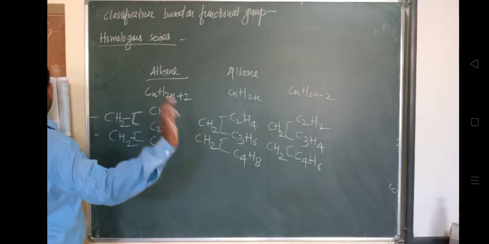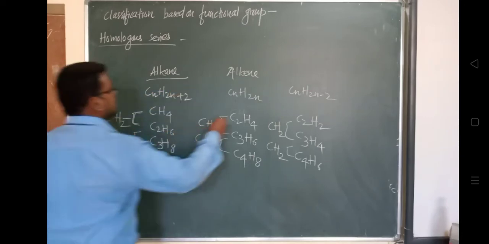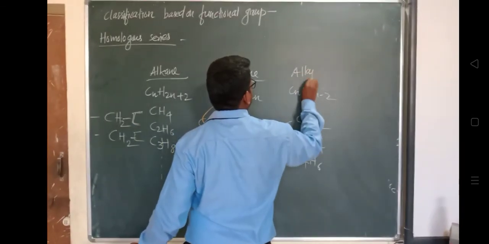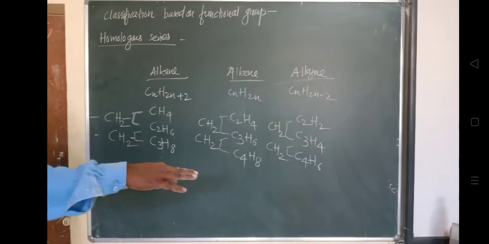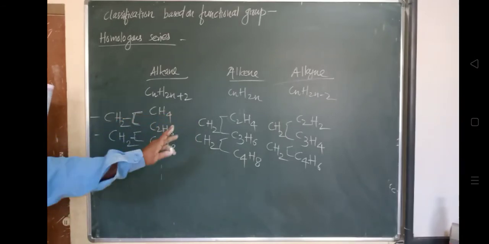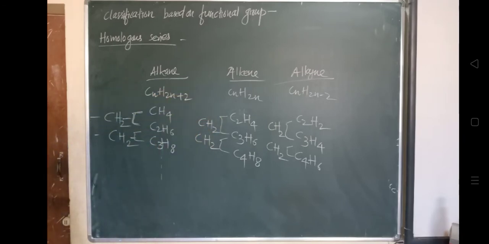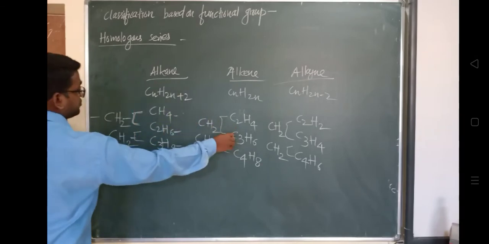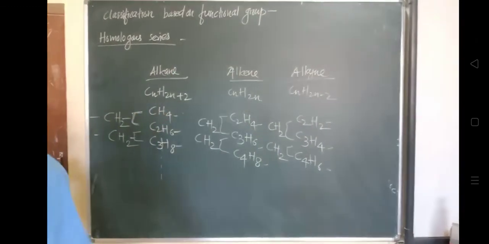So a series of compounds of the same family. This is alkene, and suppose this is alkyne. Each member has the same type of carbon skeleton. देखो skeleton देखो इसका. Same skeleton and a functional group and differs from the next member by a constant difference. Check. इसके बाद में यहाँ पे कोई functional group add हो जाएगा. Yes, it will be a homologous series.